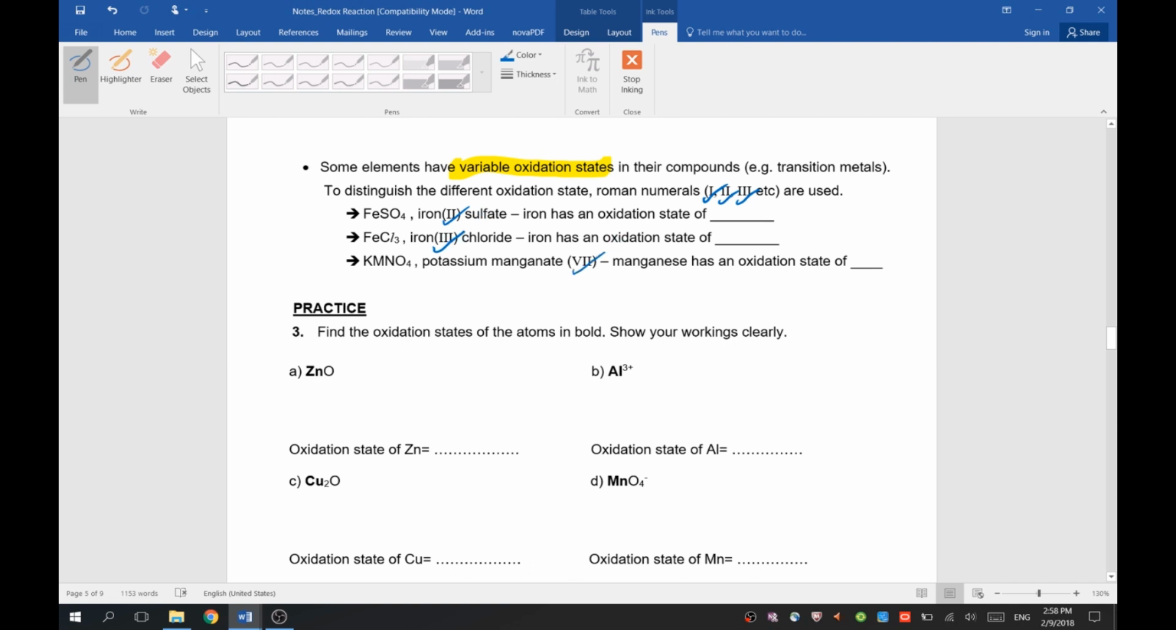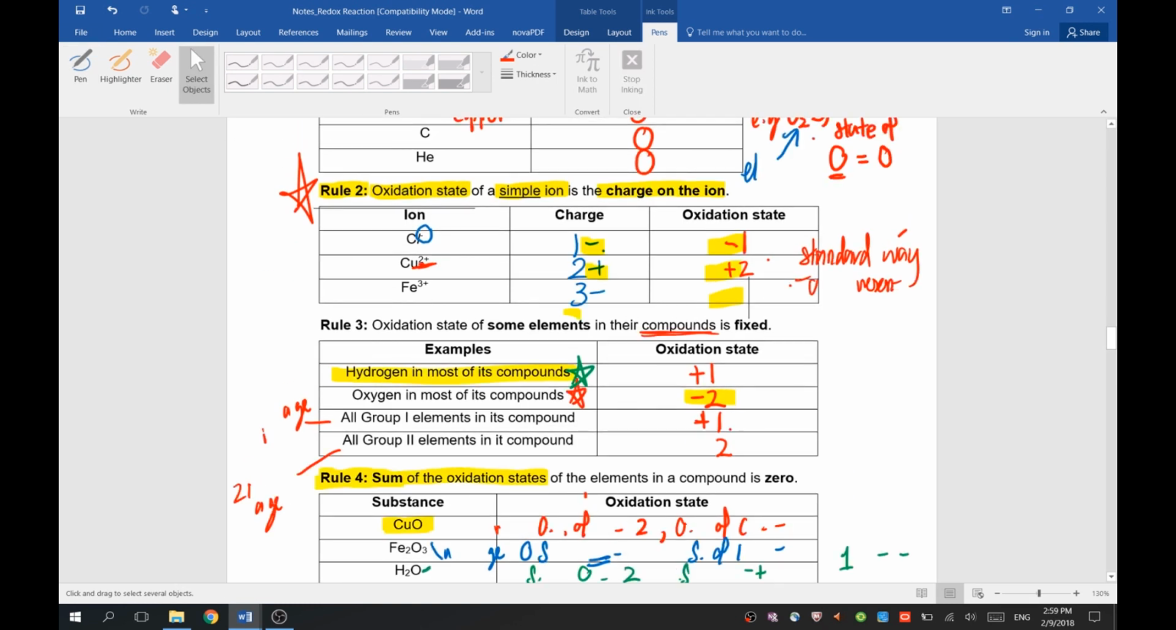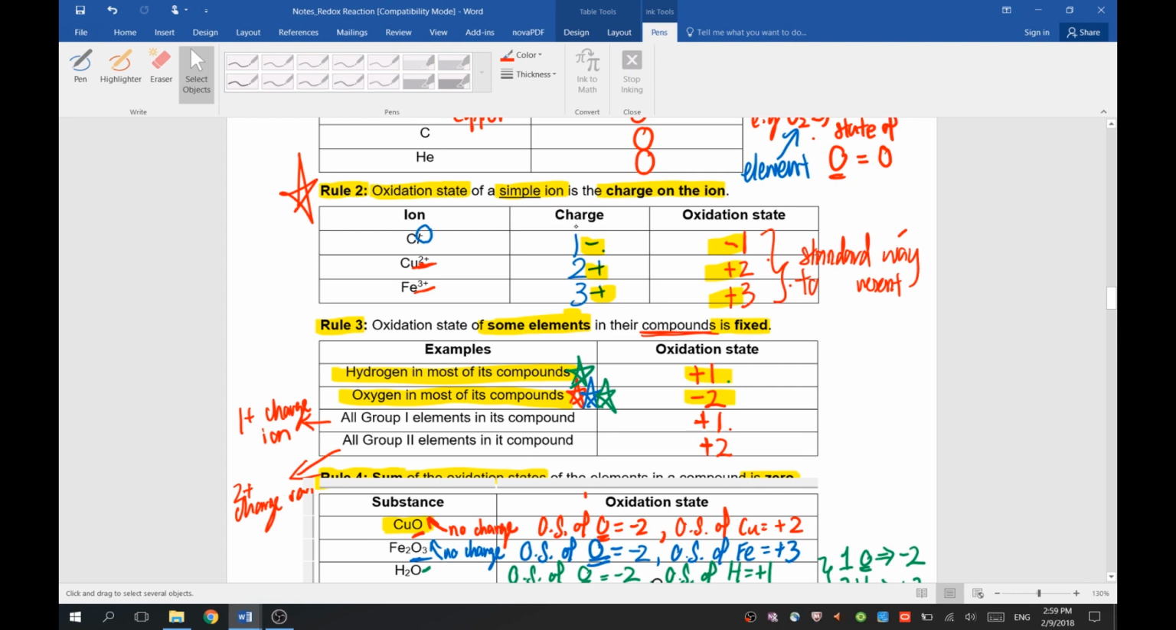Now, what this bracket actually tells you is the charge. So inside iron 2 sulfate, you know that the iron is this kind of ion, iron 2 plus. Inside iron 3 chloride is actually iron 3 plus. And inside potassium manganate 7, it tells you that the manganese is having the oxidation state of 7 plus. So all these things tell you what is the charge. So with that, if you translate to oxidation state, when it's a type of ion, the oxidation state is actually the same as the charge, just that you swap the symbol and